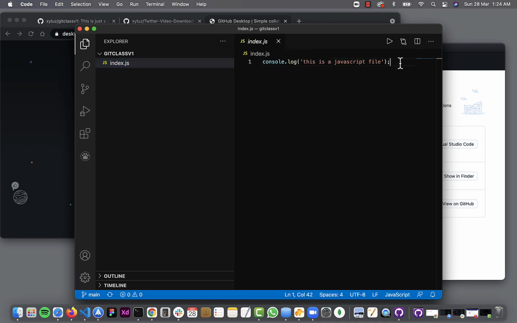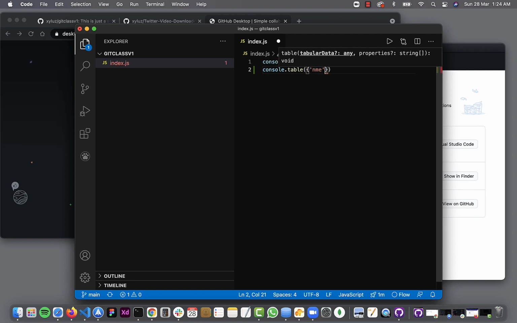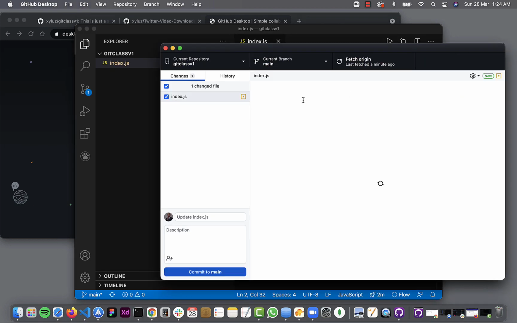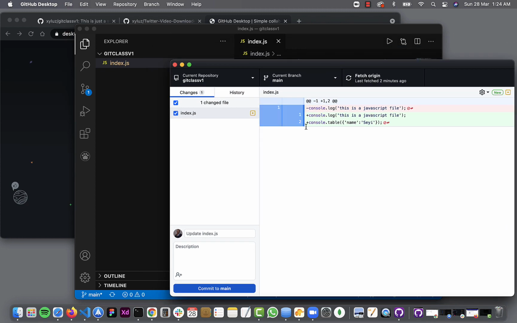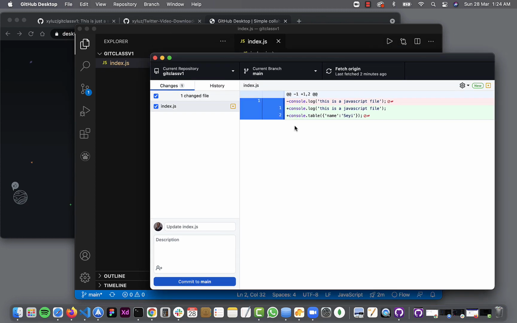So if I make a change here, say I say something like console.table, and just add an update here, same name. Let's just leave that, and I save that. So once I come here, you can see it says there are now changes here, just the same way. So this is just like doing git status here, showing you there's a changed file